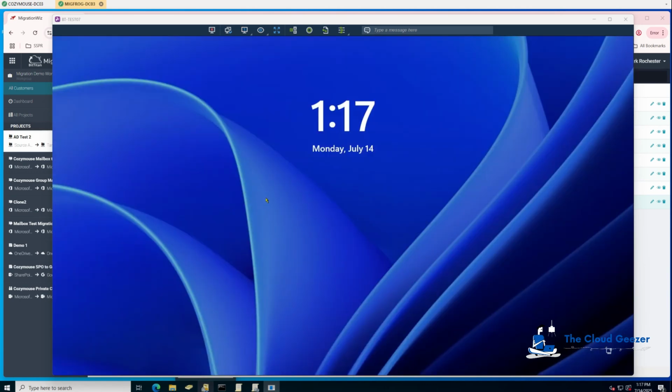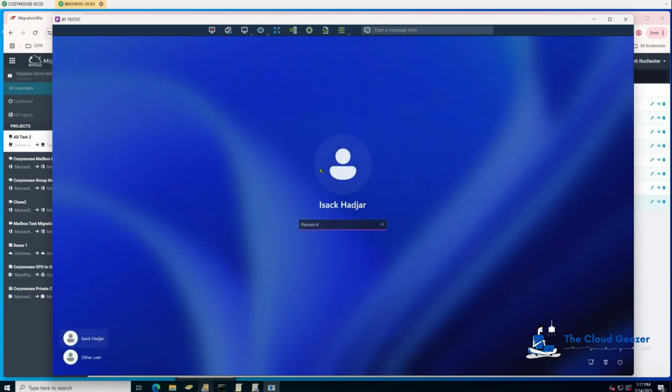Now what you do need to remember is that when you're logging in here, this is actually talking to the old Cozy Mouse profile, because that's the default one that it had based on this name. So if I do log in as this, it's going to log in as the Cozy Mouse, not what we want. What they do have to do, and you have to put some documentation out to the users about what they're doing, they will need to click on Other User for the first time, and you can see we've got the Migration Frog domain here, but they will need to put in Migration Frog and Isaac, and then his password,